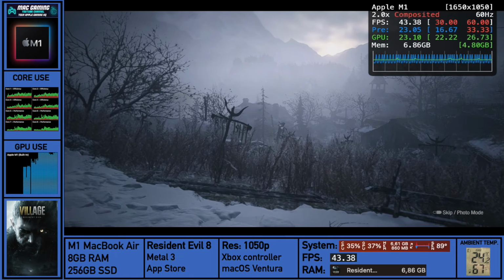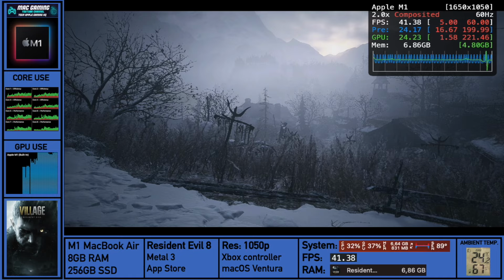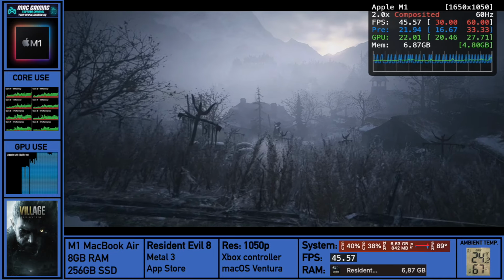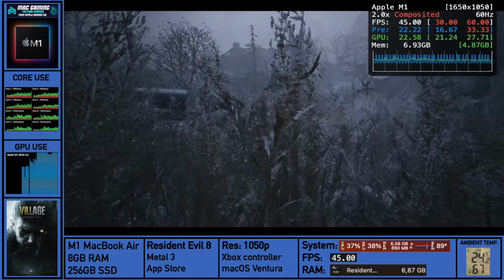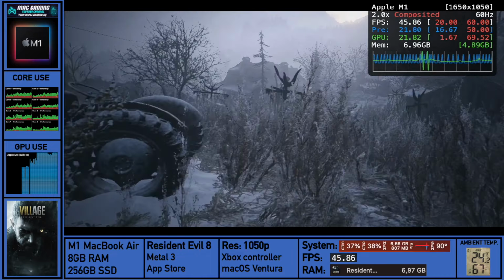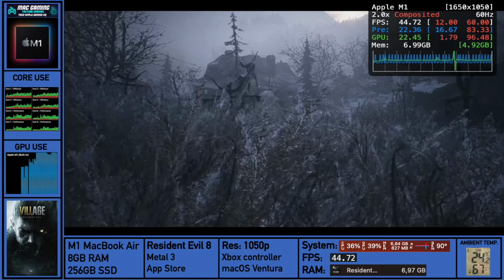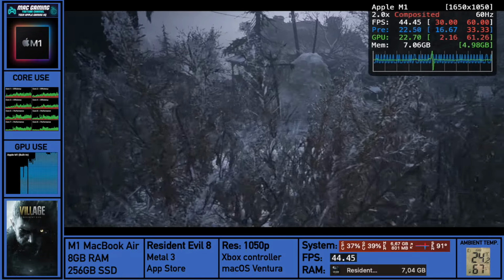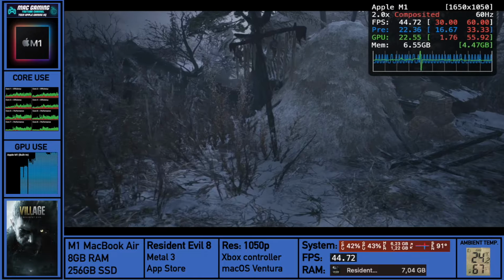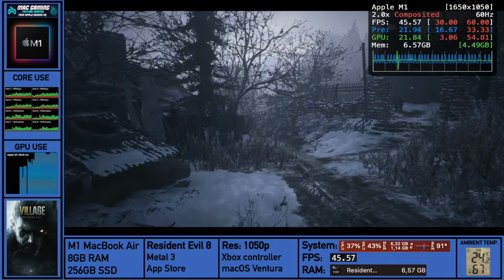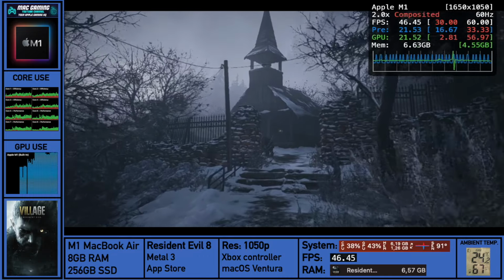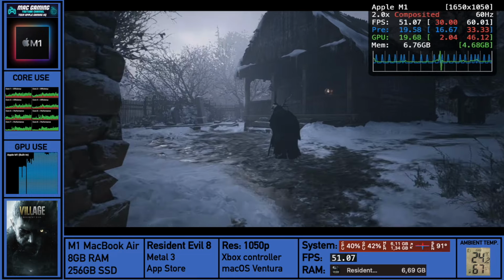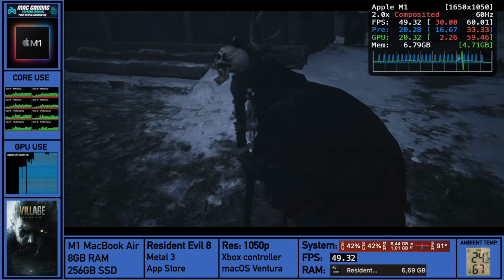Now, that said, it is amazing to see how Resident Evil 8, a AAA game, is running on a fanless computer. This is a great example of how the Metal 3 API can perform, how Macs are ready for gaming if developers want to. And all in all, it comes to show that you can game on a Mac, especially on the entry-level M1 MacBook Air. You will be able to play Resident Evil 8 on your Mac, even if it's just at 30 FPS,